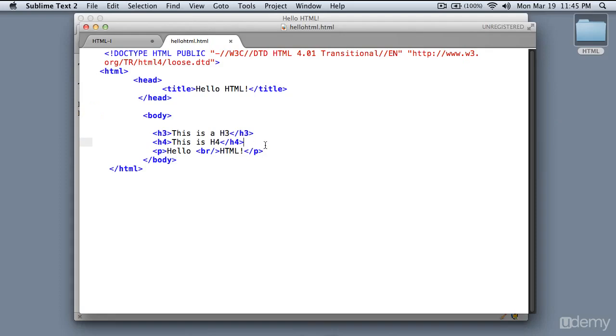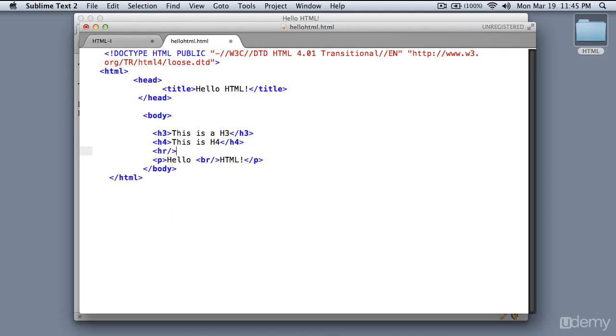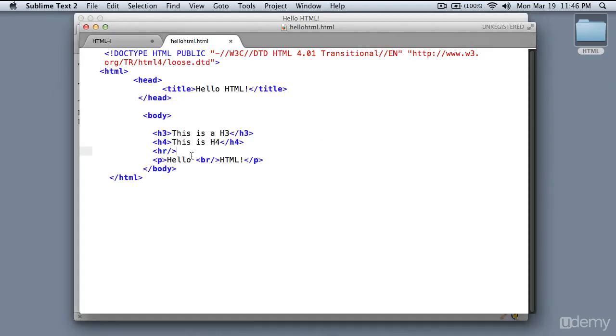Now there is another tag called the HR tag, horizontal rule tag, which is used to add a horizontal line in between 2 sections of the content. And HR tag and BR tag are single tags. They don't have a separate closing tag. And